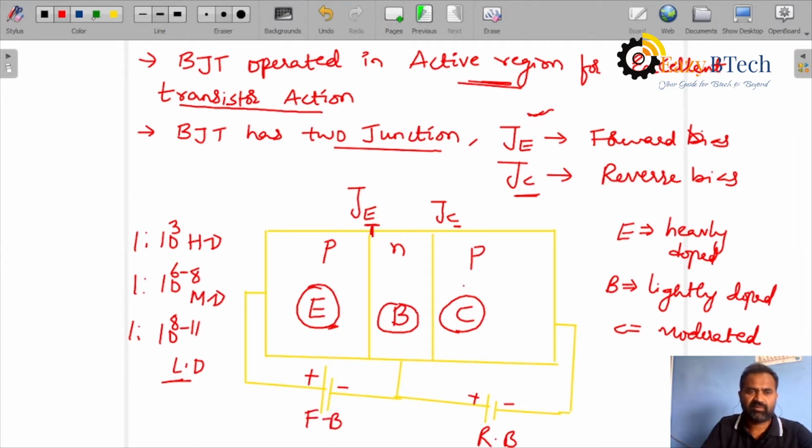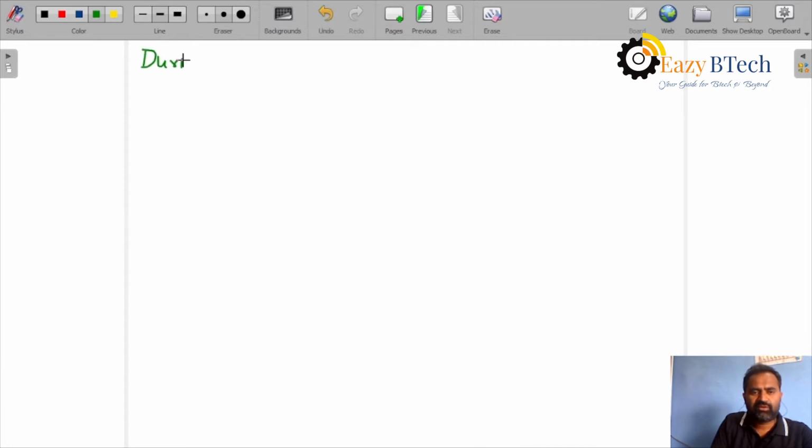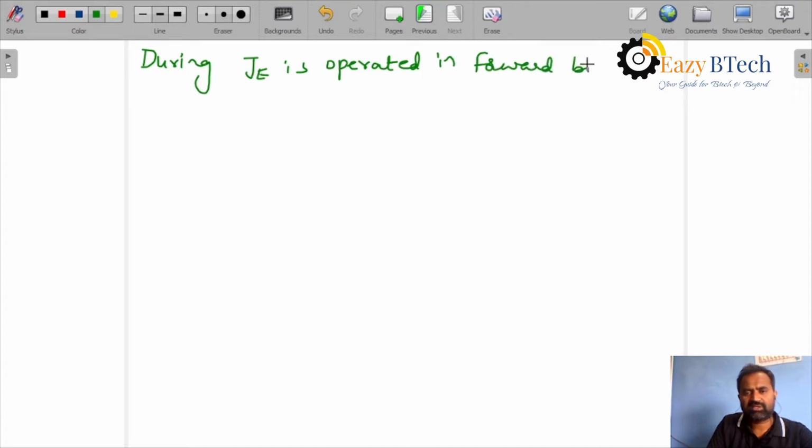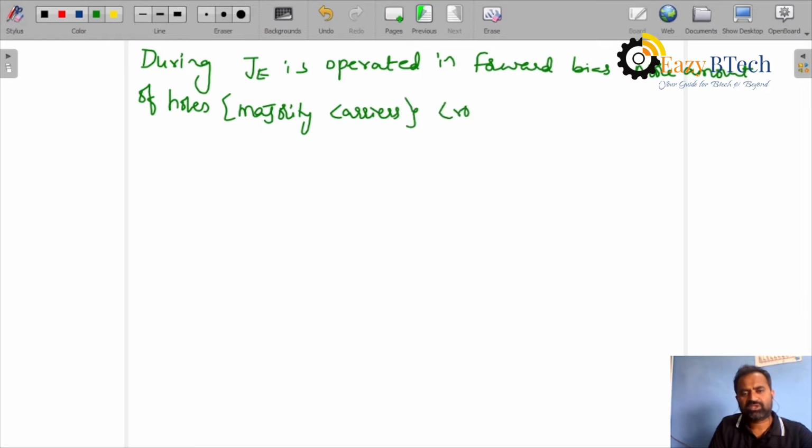The charges, during the forward bias, when the JE junction is operated in forward bias, a more amount of holes, that is majority carriers, cross the JE junction and enter into the base region,